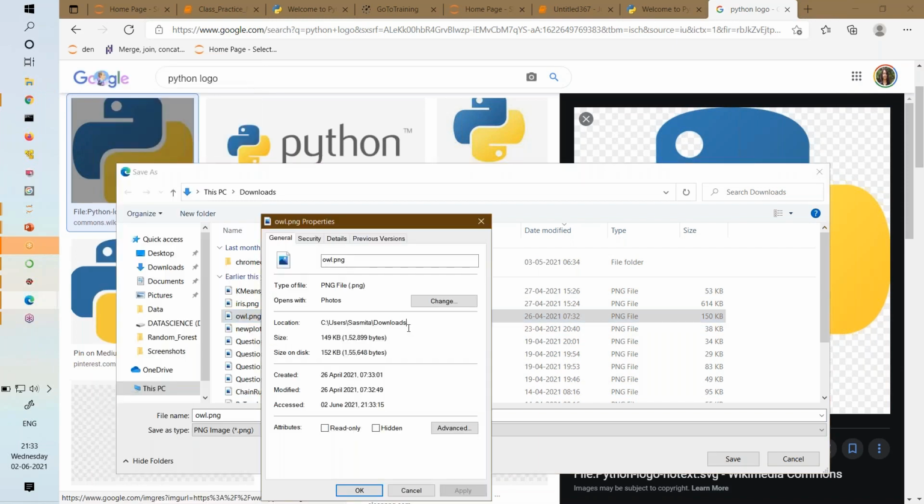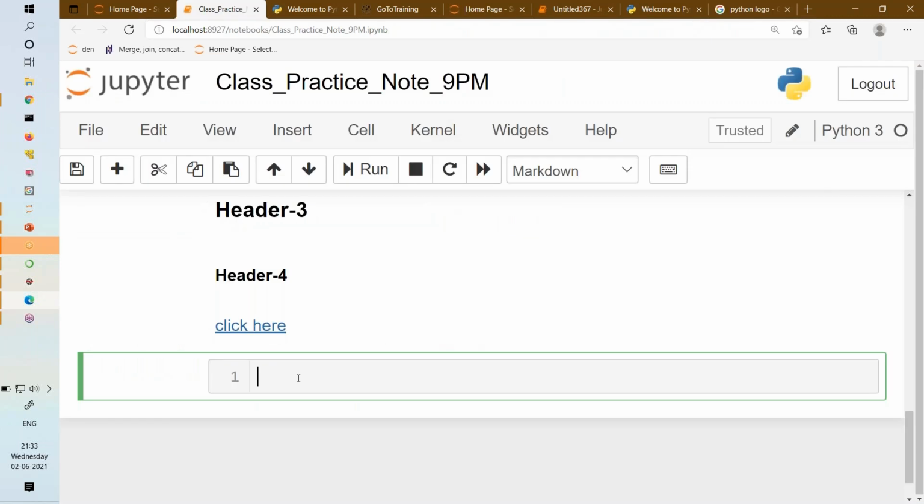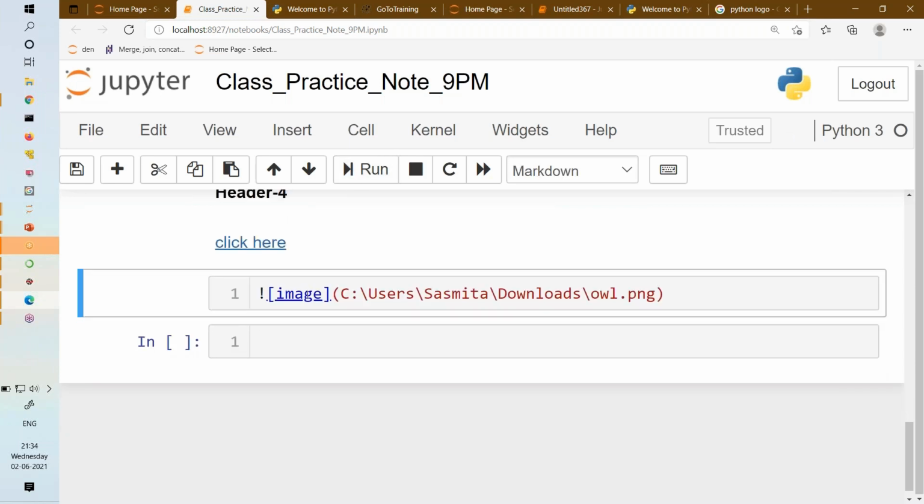So what is the path? This is the path, inside downloads. I'll copy this path, and let's say I want to add this image here. So let me first write the path where exactly it is, and then the file name. This is the file name, right? So what I'm going to do now is write this particular image within this. I am going to write whatever title I want to give. Let's say this is image, whatever it is. You just give some title, and then there is the symbol. Okay, this is not coming.